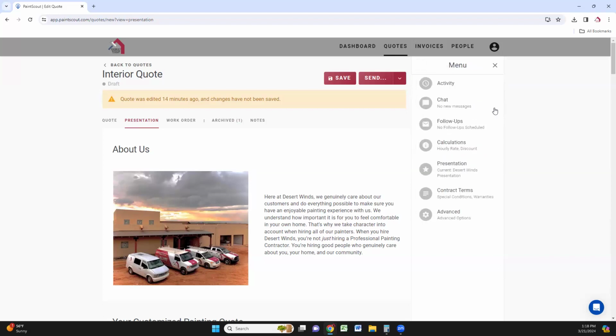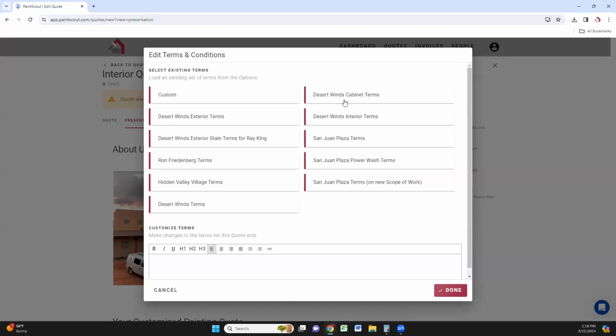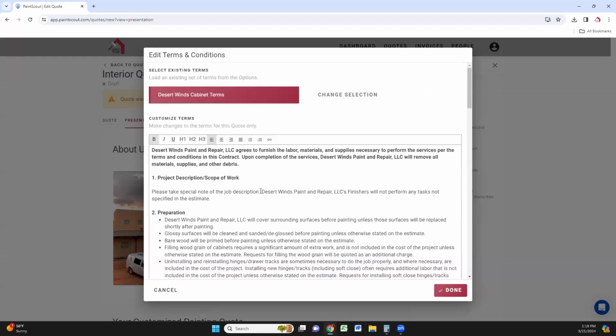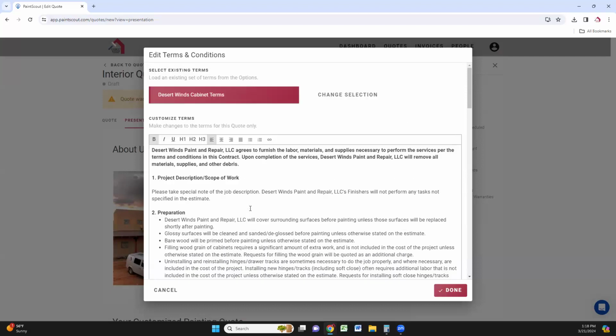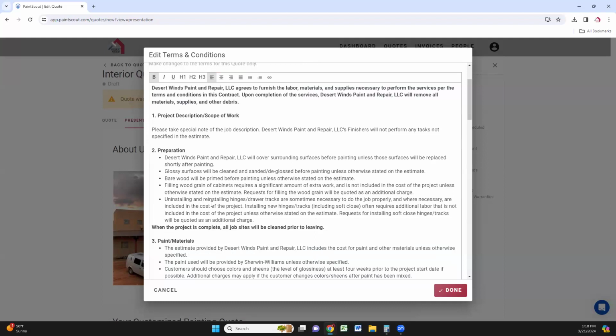But we're going to go ahead and go back here, and we're now going to go down to contract terms. So we've got multiple different contract terms here, but depending on the type of project you're going to do, you're going to want to make sure that you select those contract terms. And then before you go actually adding it to the quote, you want to make sure that you actually go through and make changes to it so that it's actually applicable, right? So a good example of this right here would be,